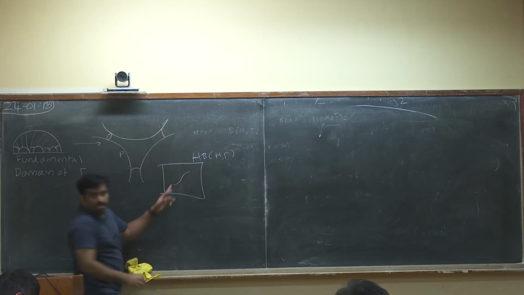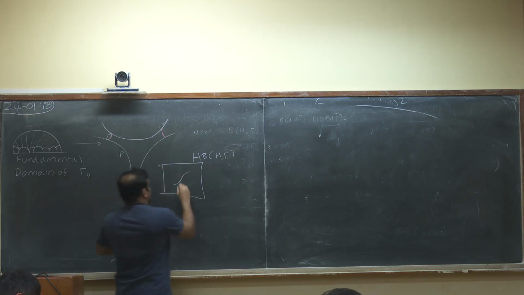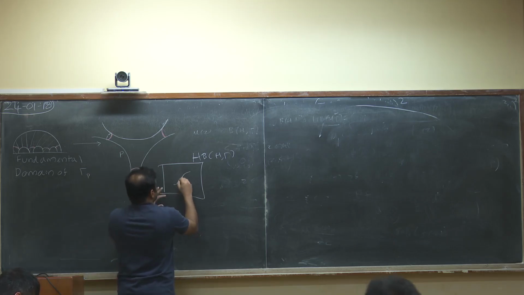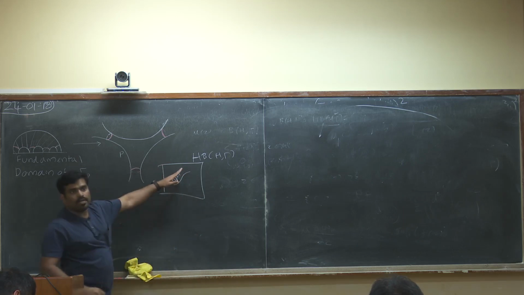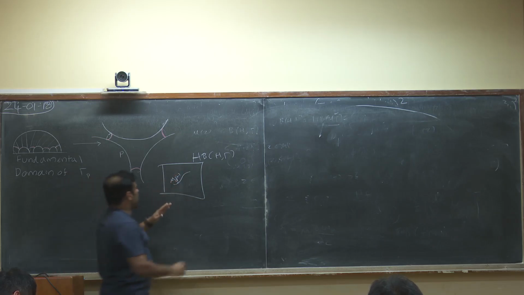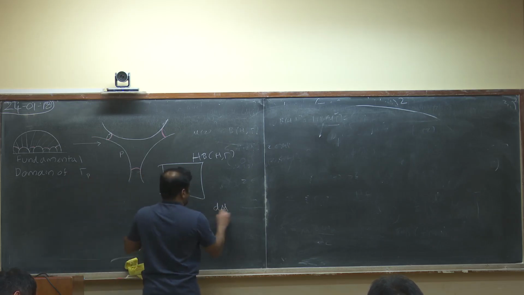So I have a path inside. I want the harmonic Beltrami differentials on this space to vary along this curve with respect to a parameter t. So now I can take a derivative with respect to t